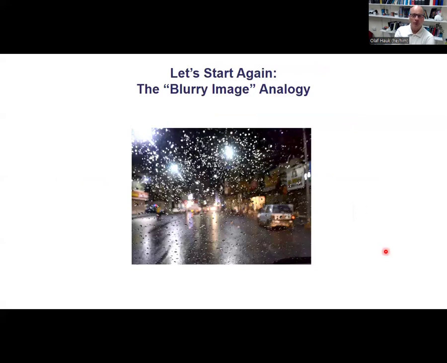I would like to approach this with what I call a blurry image analogy. Imagine you're looking through a windscreen onto a street scene, and you're trying to figure out what's going on. Unfortunately, this screen is somehow blurred, in this case with raindrops. That means you can see some details, but not others. And you probably use some experience, some prior knowledge to figure out what's going on. But even so, certain details like the number plate here, or who exactly is walking along the street, will still be obscured to you. And I find this is the analogy for how we are trying to look into the brain